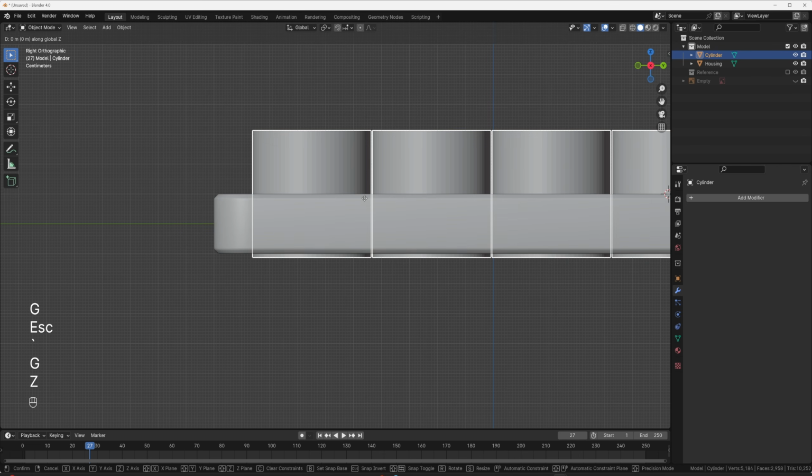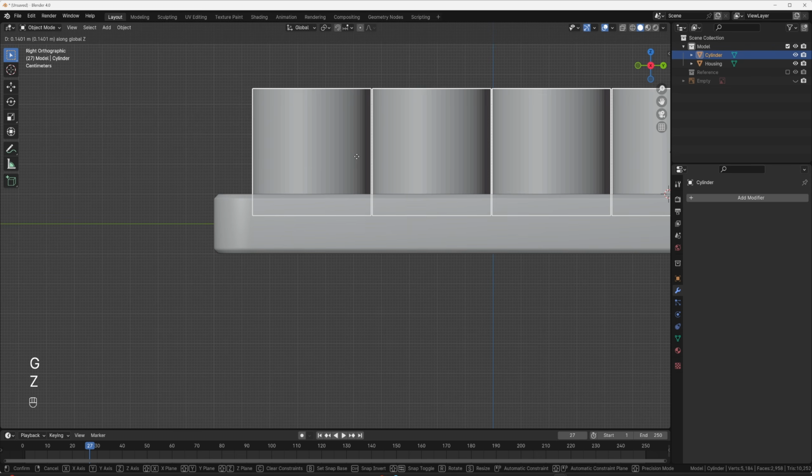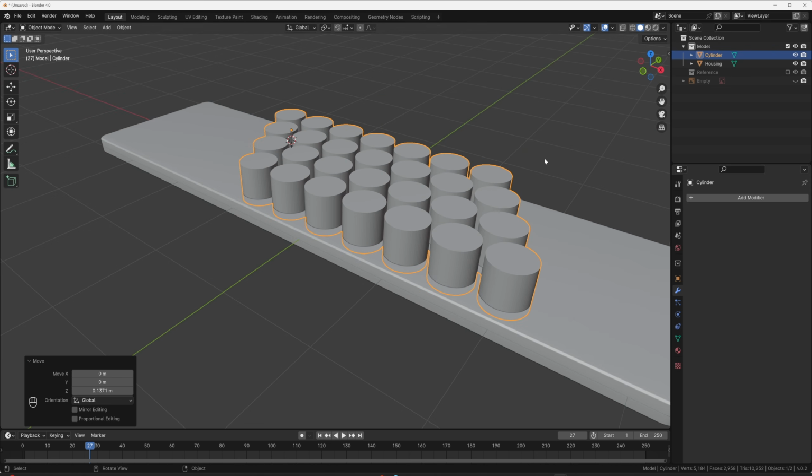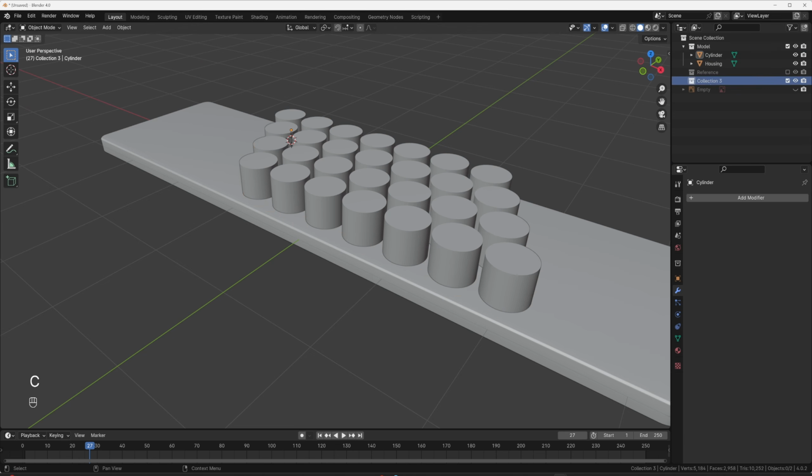So now what I want to do is GZ, bring this up to a height that makes sense to cut into the keyboard. And then we're going to do another thing here. I'm going to hover over this area, hit C. I want to make a trash collection, and I'm going to disable it by default. This is just a good way to not lose your work. And also this reference needs to be in here. That's why it wasn't working before.